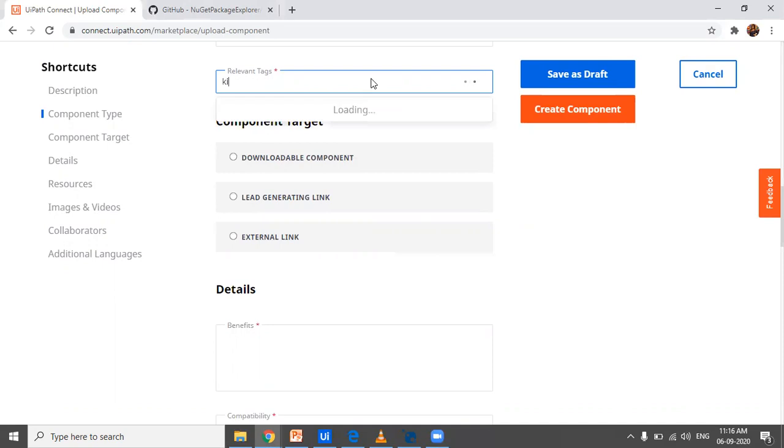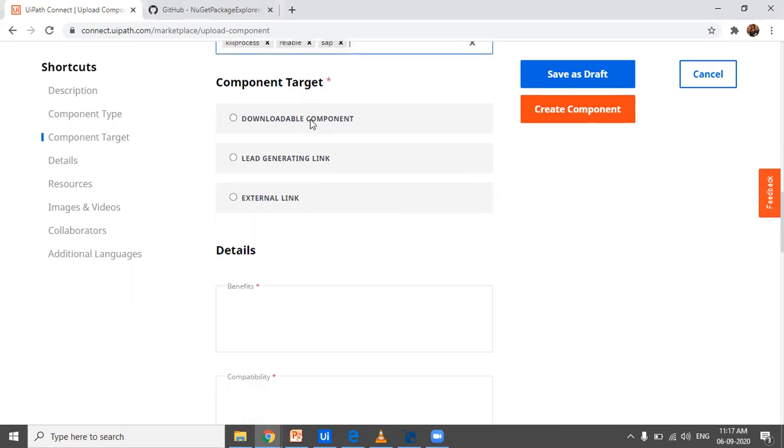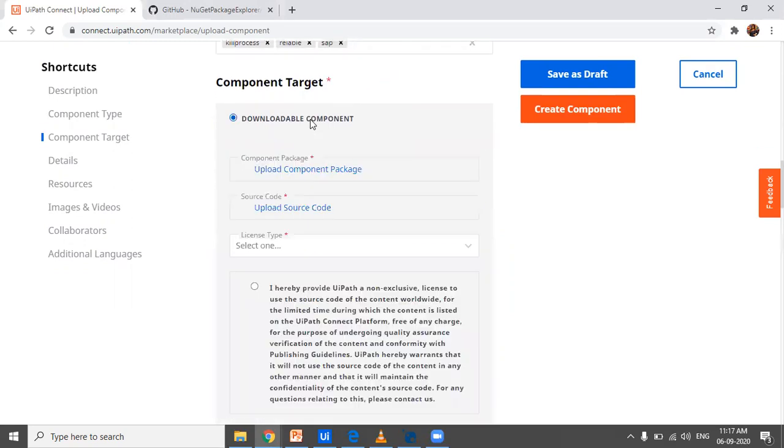Like I type in kill process and enter, and I type in reliable, and I type in SAP if it's related to SAP, and like that you can provide as many tags as you want. Then the component target should be downloadable component, so that people can download your component from Connect.